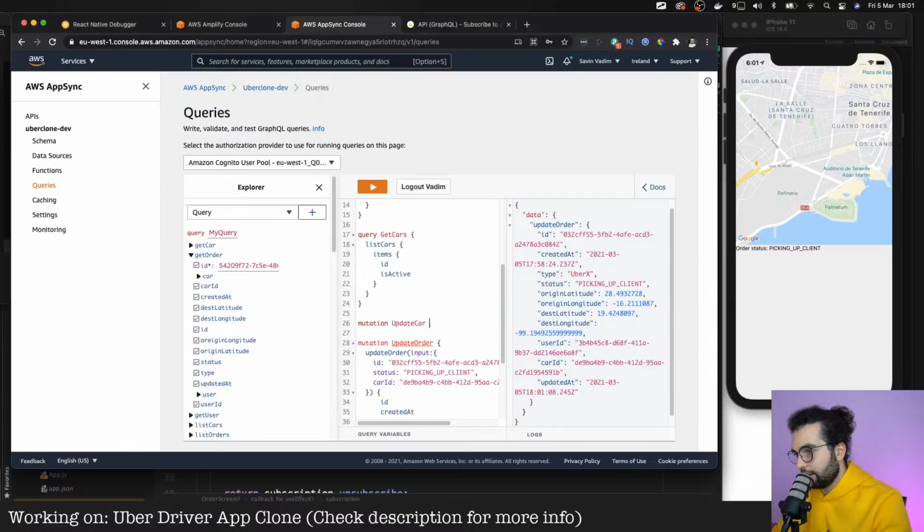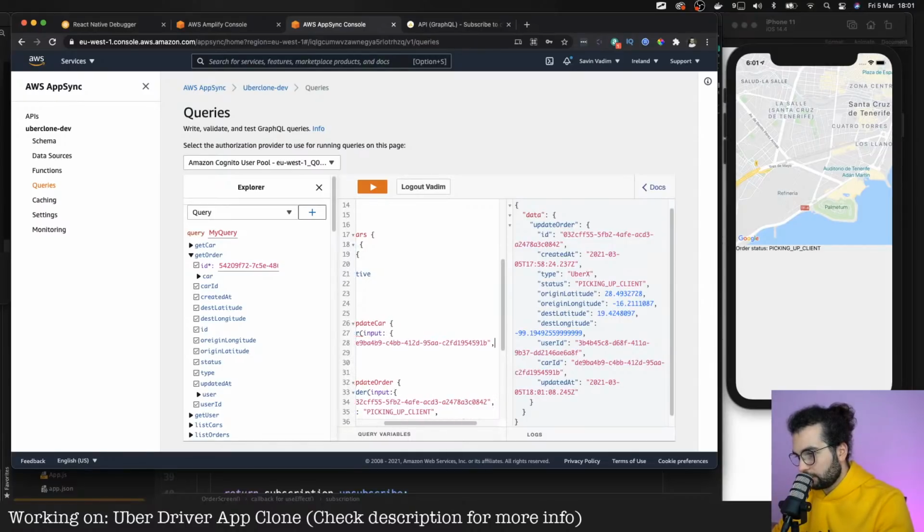Update car, and the input will be ID, this, and I want to set its latitude to our origin latitude.